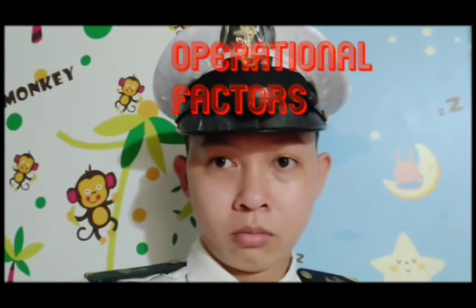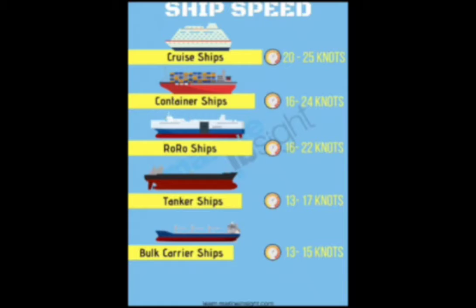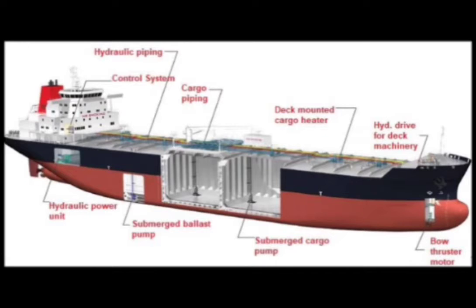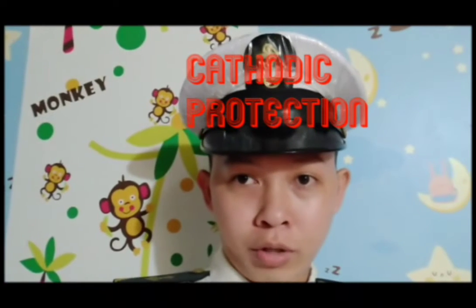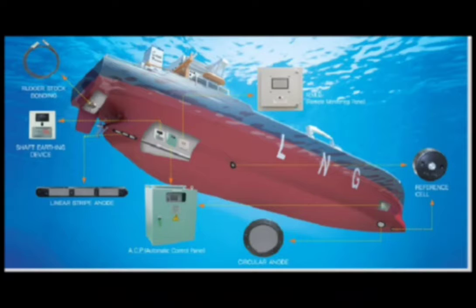Operational factors. Corrosion and fatigue will gradually weaken the hull over time. This can be increased by variation in loading patterns and particularly heavy density cargo such as iron ore. Another factor that gradually weakens a ship's structure is the abrasive and corrosive nature of bulk cargoes such as coal, which can cause unintentional damage to cargo hold coatings.